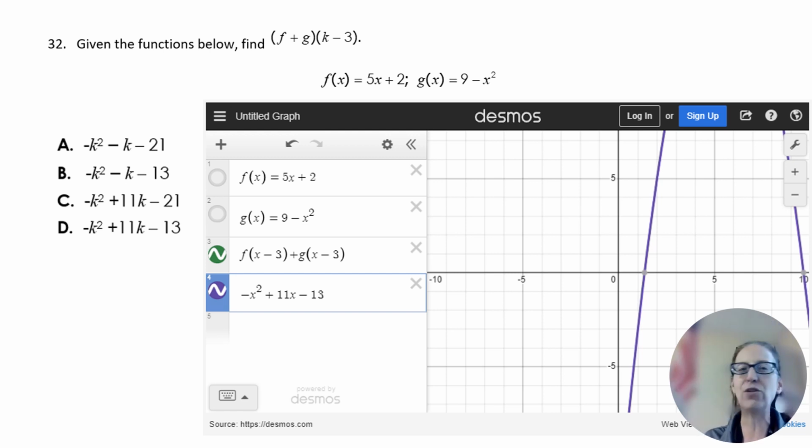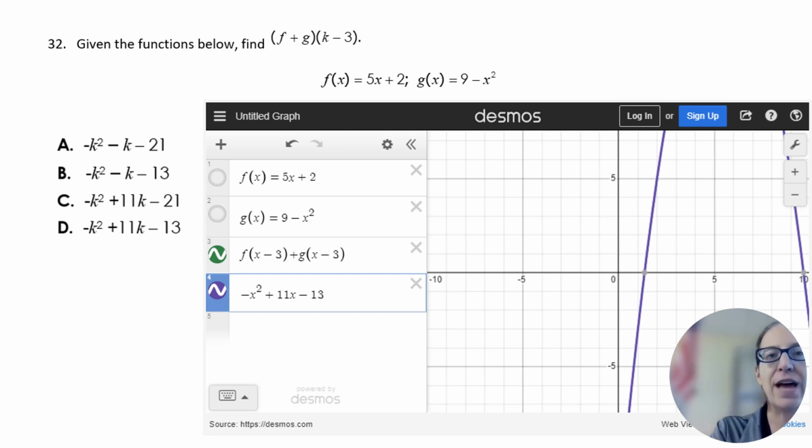And what you would have to do if you did this out the long way is you would have to add those two functions together, which is not a big deal. So you'd have negative x squared plus 5x plus 11. But then you would have to take k minus 3 and plug that in everywhere you have an x, which is going to necessitate squaring the binomial, which is not necessarily a big deal, but it's going to have some steps to it. What you might be able to do instead